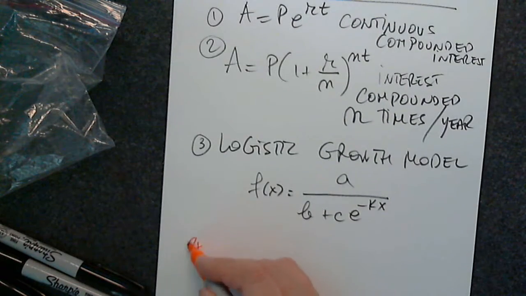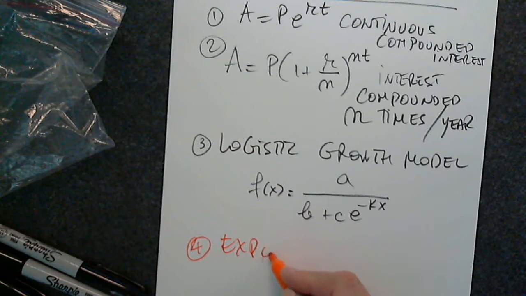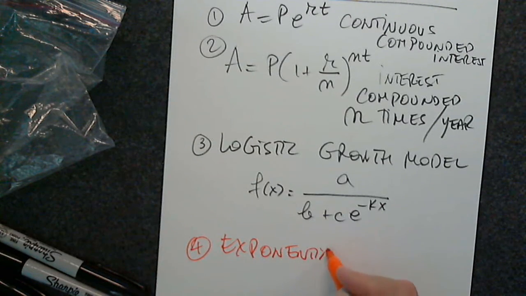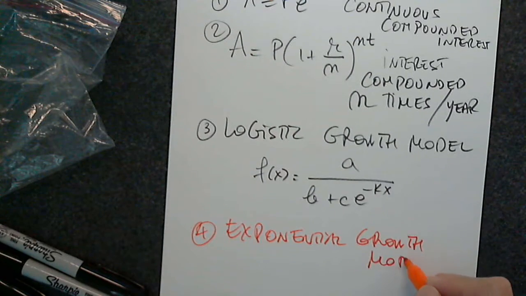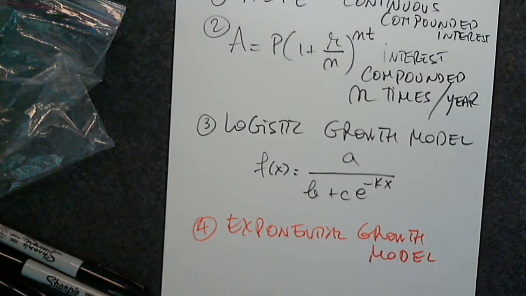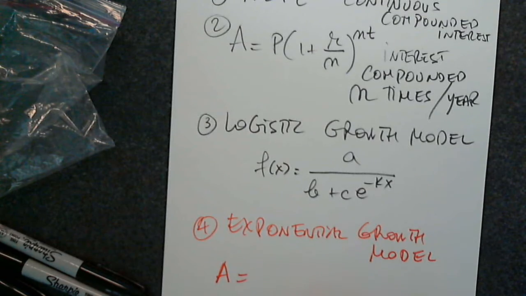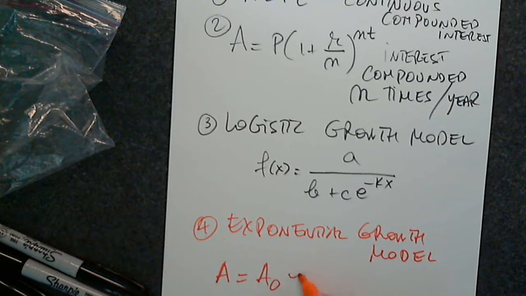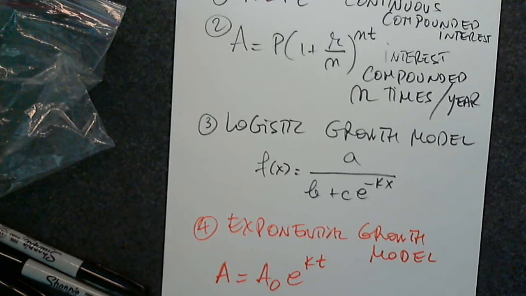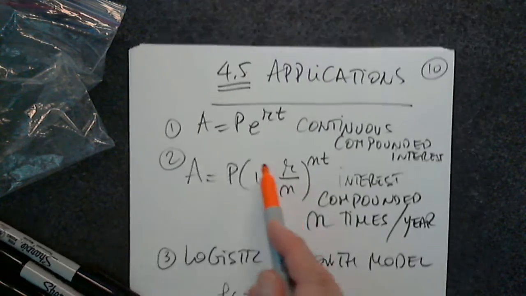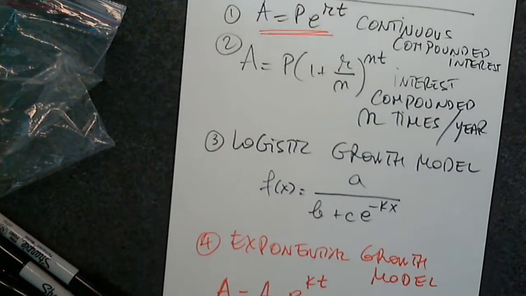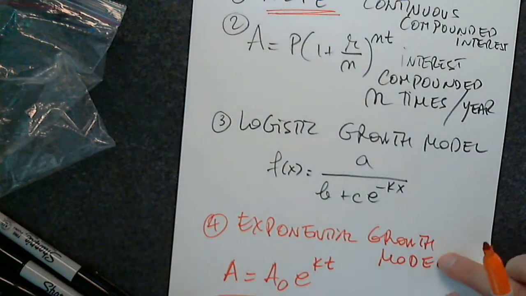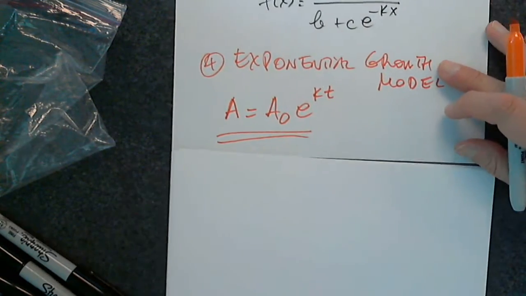4. Exponential growth model. A equals A0 e to kt. Exactly the same type of model with this one, just the letters are different. Identical. And I promise the last one,